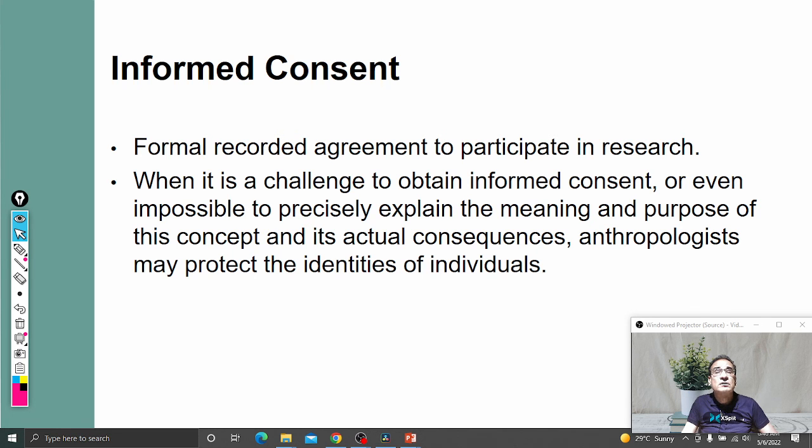Informed consent. A formal record of agreement; partly, the researcher may find it challenging to obtain informed consent. So this is the